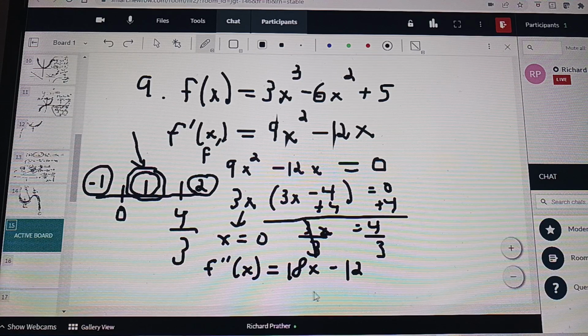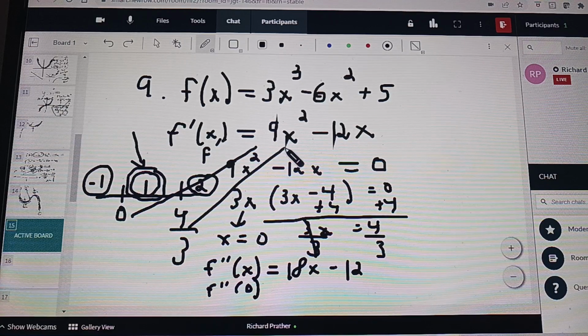So it turns out if you take critical numbers and directly plug them into the second derivative, weirdly, the critical numbers came from the first derivative, but I'm going to plug them into the second derivative. We never plug critical numbers into the first derivative because we already know what they're going to equal. They're definitely going to equal 0 if you plug them in there. It's pointless to plug 0 or 4/3 into the first derivative because we already know those are the two numbers that make it 0. But if you plug them into the second derivative, and that's real easy here, this disappears,